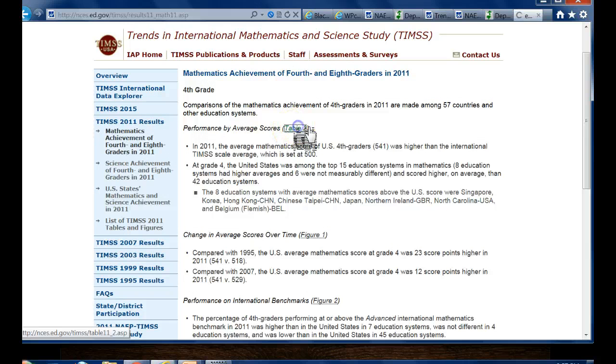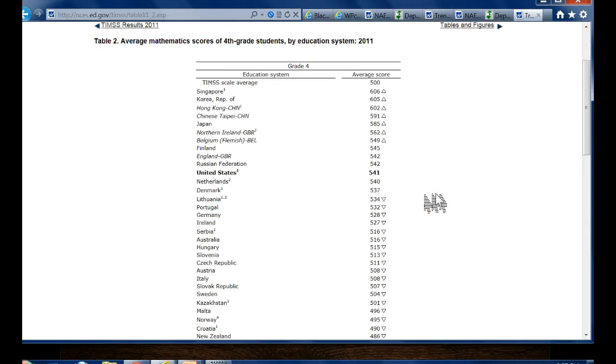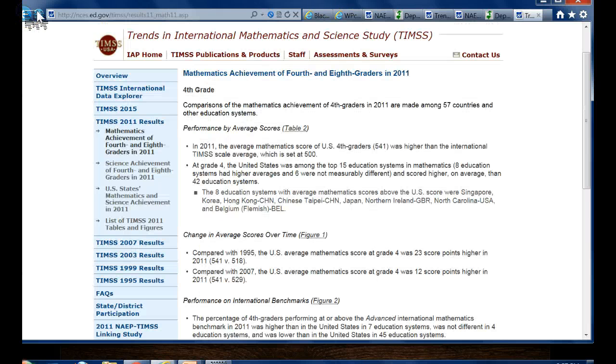This is grade 4, and this is mathematics. As you can see, the United States, our children are here. When you consider that we have free education from kindergarten to 12th grade, I think perhaps we might do better. In the state of New Jersey alone, we spend $12,000 per student on education. That's tax dollars going towards education. I would think with that much money being spent that our scores would be higher, but it's not. So let's go back and look at